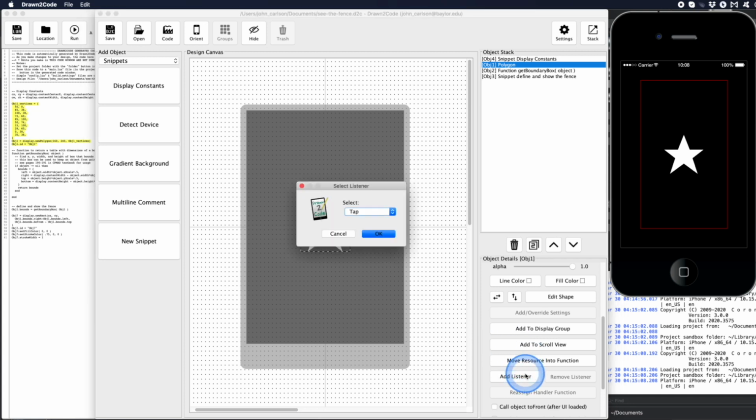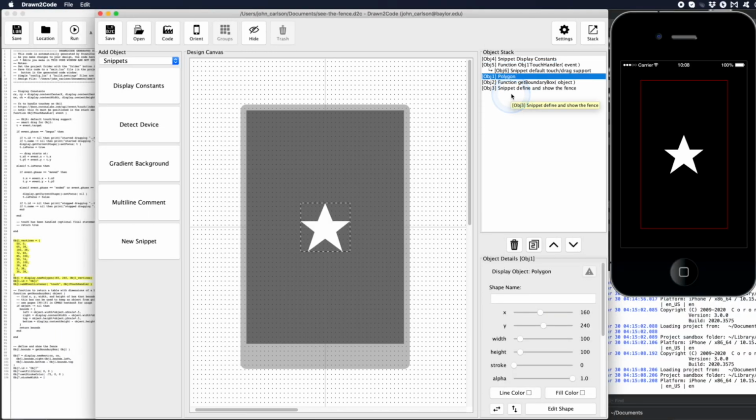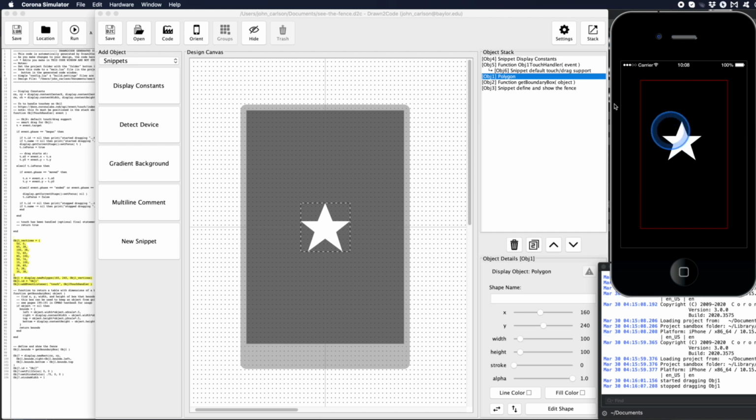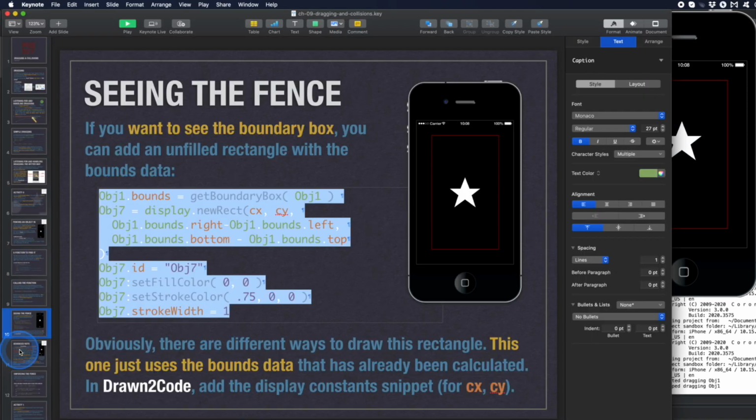In my case, it's a star. You might have used a star, you might not have, but the key thing is you don't want tap, you want touch. That now allows the star to be touched and dragged. And I'll just show you that you can move it past the fence because we haven't added the code yet that will enforce the fence. So we can go off screen, which is what we want to try to stop. Okay, so let's switch back to the keynote,